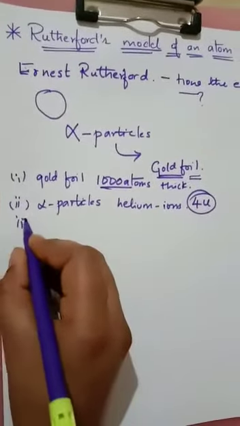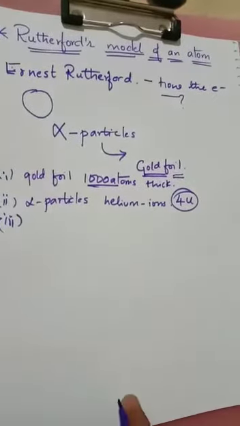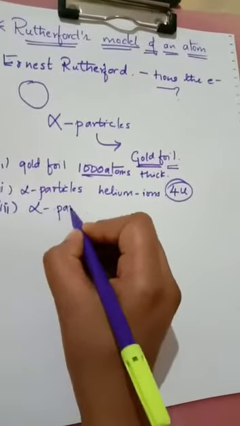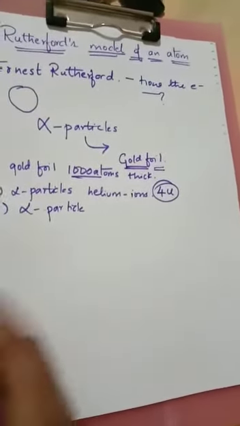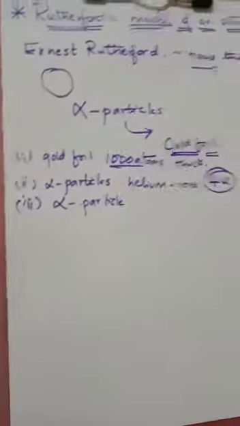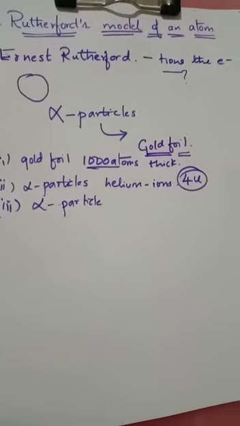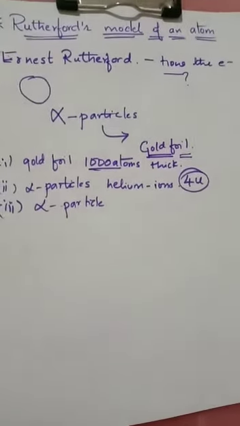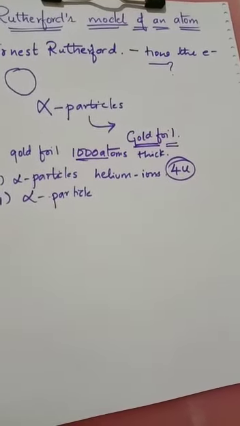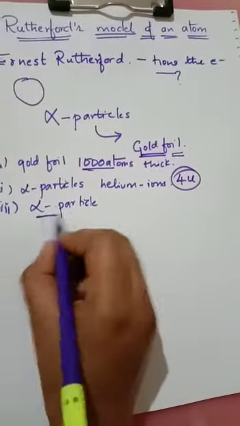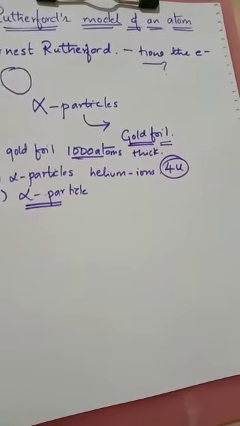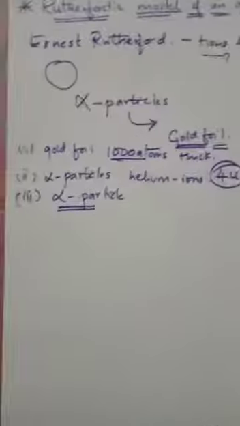Okay, so next, it was expected that alpha particles would be deflected. So he expected that alpha particles were going to be deflected by subatomic particles. We know that atoms are made up of subatomic particles. So he expected that alpha particles would be deflected by the subatomic particles in the gold atoms, since the alpha particles were much heavier. So here alpha particles are very much heavier than the protons. So he did not expect to see a large amount of deflection.